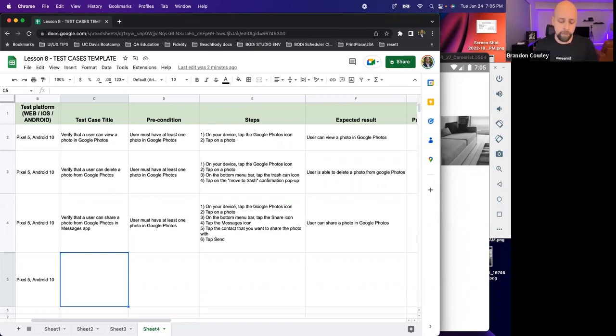A real world example: in Gmail, you can't add attachments larger than like 25 megabytes. So you could have a video that's way bigger than that, and you're almost doing a positive test, but validating that you can't attach that video to the email, and checking that the error messaging shows up correctly.